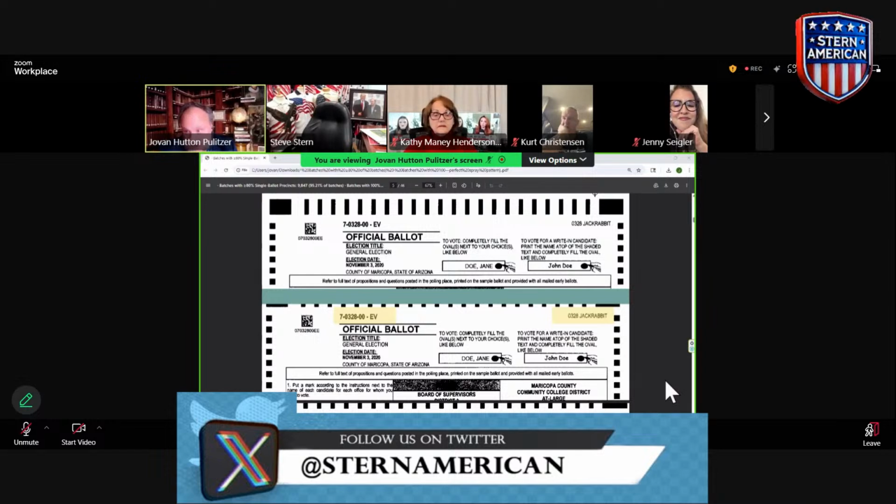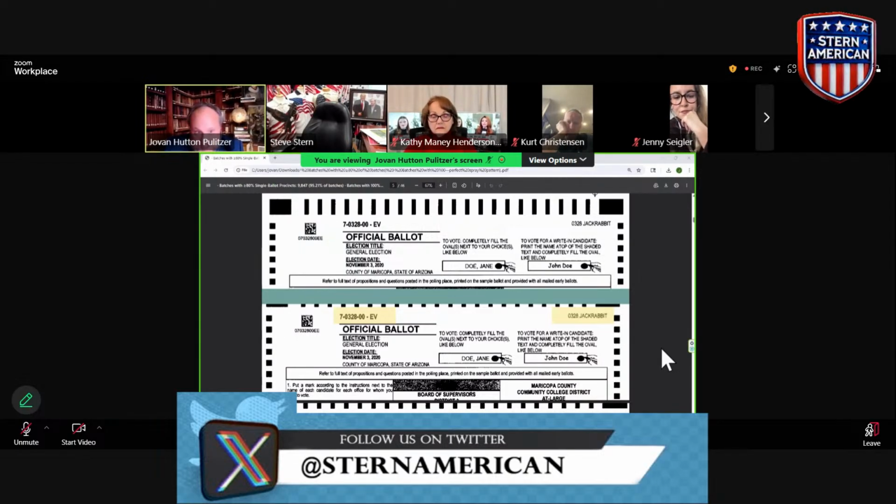Now, the left half of the code is the ballot coding that appears on a barcode in the bottom, which is that 70328.00. That's the coding of the barcode. But that middle part, that 328, if you look to the right, that's the precinct. So now you have two other pieces of code. This is precinct number 328. The name of that precinct is Jackrabbit. Okay. So now we've gone beyond the ballot. At this point, we don't care what the vote is. We're just looking at what does the data tell us. So in this one, it's telling us they got an early vote from precinct 328, which is named Jackrabbit.